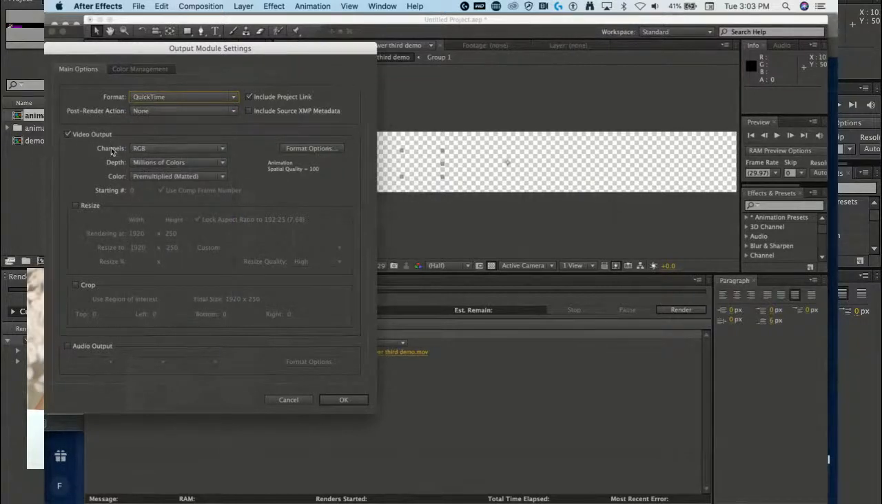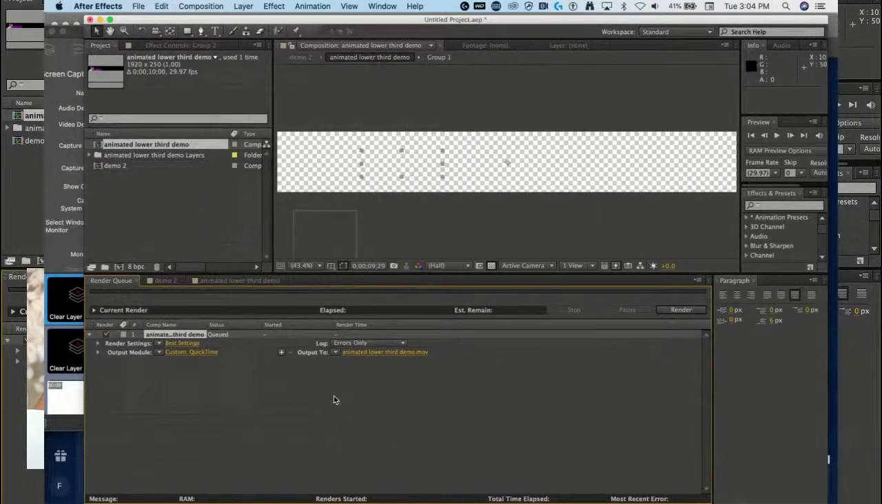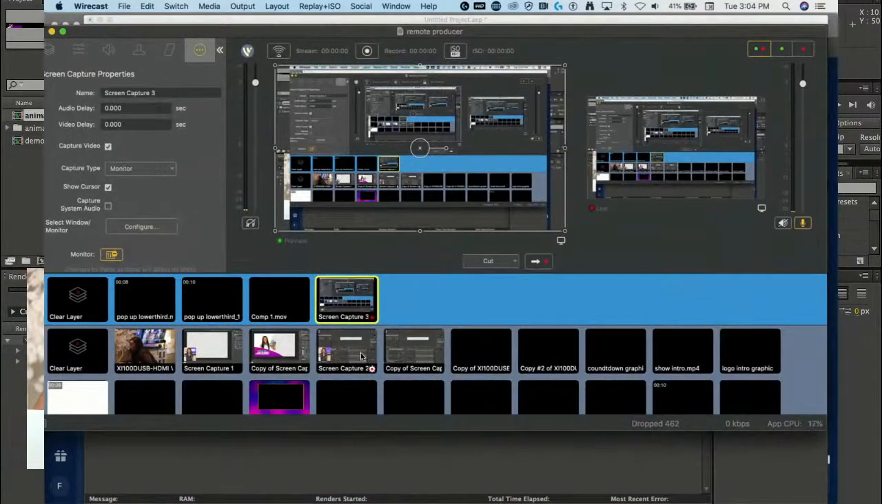The only other thing that you want to change is where it says channels and it says RGB. Change it from RGB to RGB plus alpha. And that makes sure that the background stays transparent and you're able to export this video with a transparent background, okay? Press OK. And then all you'll need to do now is go hit